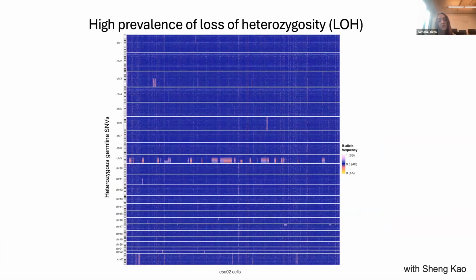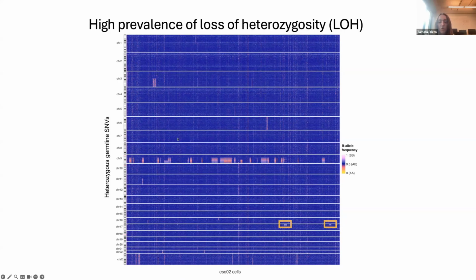And although most cells are diploid, we observed a much higher proportion of cells showing loss of heterozygosity in certain genomic regions in the first SMART-PTA donor that we analyzed. And this was evident from the B allele frequencies of phased germline heterozygous variants. Some of the allelic imbalances match copy number events we had already identified.